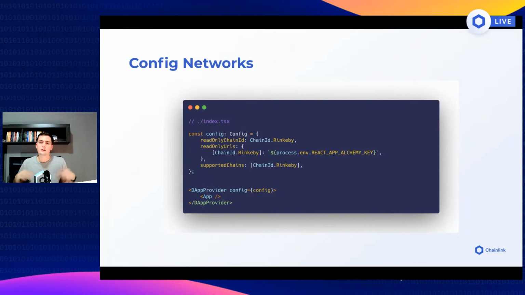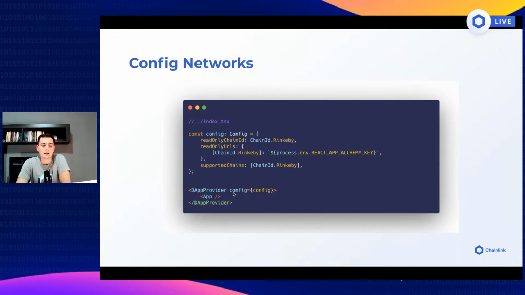If our user connects their wallet to our UI and, for example, they're using MetaMask, and MetaMask by default is connected to Ethereum mainnet, we need to handle these situations, because if our smart contract has one address on Rinkeby, it doesn't necessarily mean that this address won't be used on Ethereum mainnet. So we need to stop and prevent interacting with these addresses and with these smart contract instances if we are not on Rinkeby. So to do that, we need to go to the index.tsx file, create a little config object, and